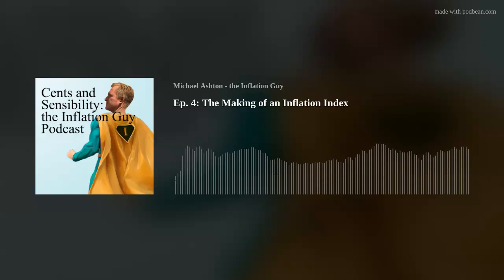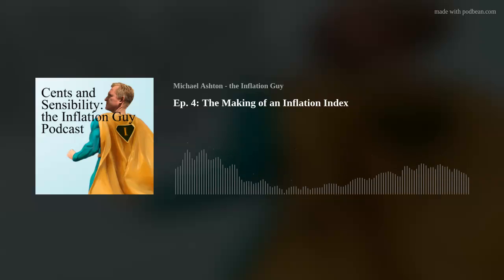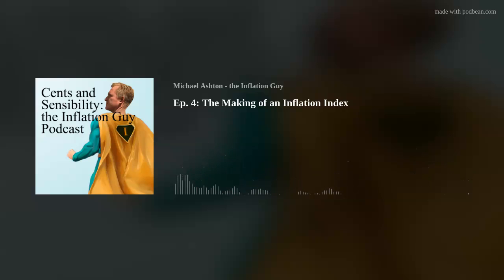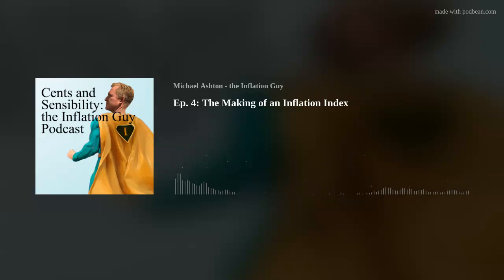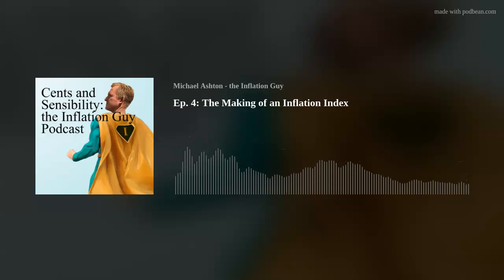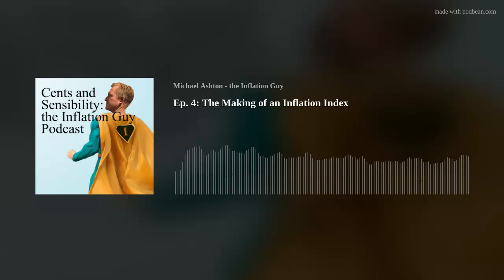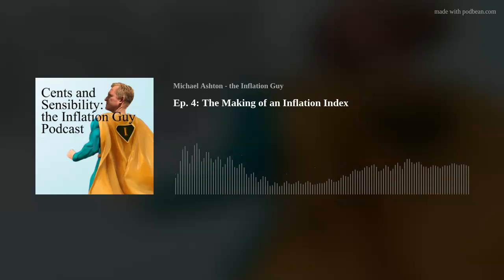Now, this, as you can imagine, is very controversial because maybe you didn't want those better tires. Maybe you like to buy tires more frequently for some reason. But also different people measure quality differently. And this is what really irks people about quality adjustments and hedonic adjustments. They say, I have this phone now that has unlimited data, but I don't care. I didn't need unlimited data. So why am I paying for this unlimited data? I'd like to pay for just the 4 gigabytes that I used to use.